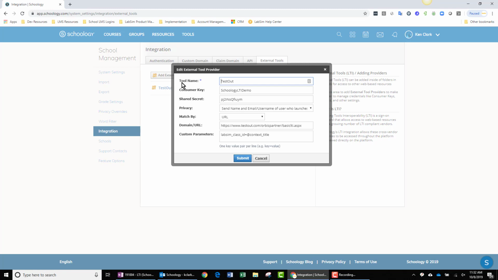You can see the tool name, I've named that TestOut. You can see how I've populated a consumer key and also a shared secret. Privacy is set to send name and email of the username who launches the tool. Match by is set to URL. I've populated our domain and URL, which you can see, and I've only entered one custom parameter, LabSim_class_ID